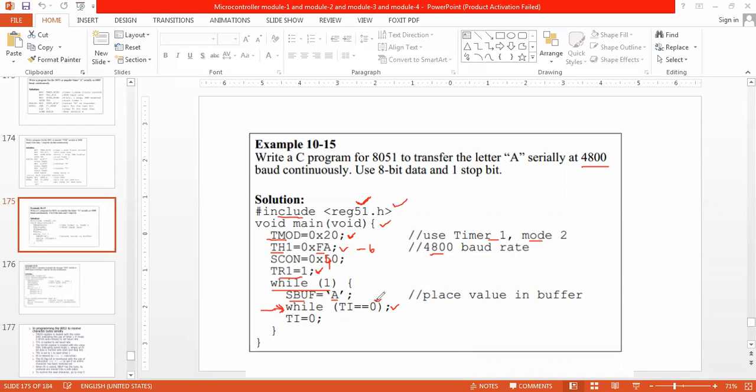Once TI becomes 1, I go to the next command, TI equals 0. Then I come back to the while(1) again, so I am continuously sending A. Hope it has been understood, right? After this, you have to join for another session, okay?